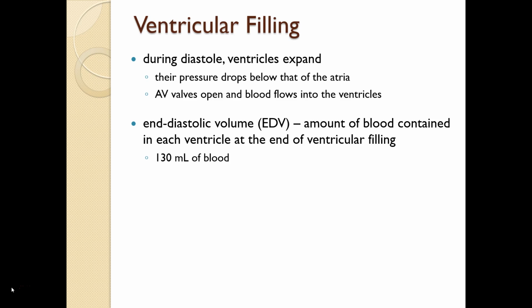One other thing. Notice here, it doesn't tell you which chamber we're talking about. It says during diastole. It doesn't say during atrial diastole or ventricular diastole. So most of the time in the textbook, if you don't see one of the atria or ventricles, you are to assume it's referring to the ventricles. The ventricles are where everything happens basically, because when the ventricles contract, that's when blood is being sent out to the body. So during ventricular diastole, you would expect the ventricles to expand, right?